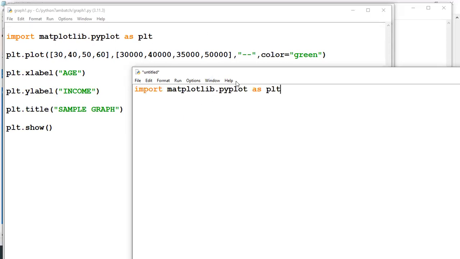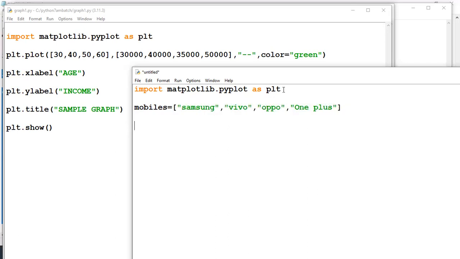Import matplotlib.pyplot as plt, right? A pie graph, right? So I'll take some mobile sales, like Samsung, Vivo, Oppo, OnePlus.